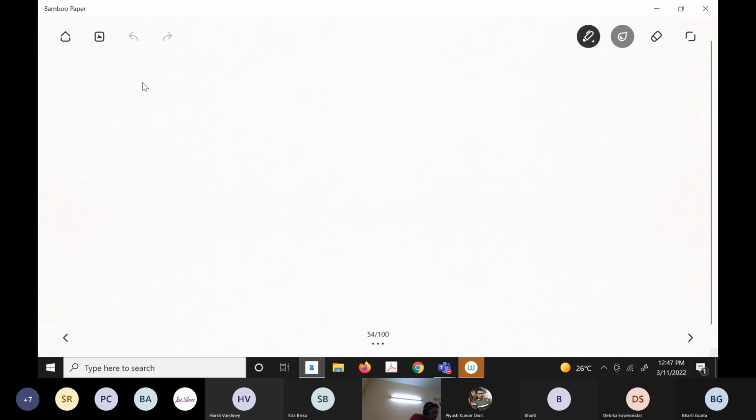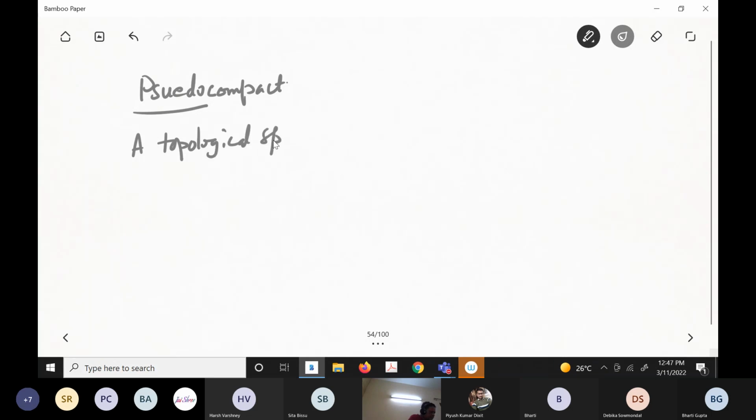There is a concept called pseudocompact. What is that? You should know the meaning of pseudo: it is in disguise. Pseudocompact. Usually we take a Tychonoff space because of the non-trivial continuous functions. But in general, I can define it for a topological space (X, tau). Usually the authors take it to be a Tychonoff space because continuous functions are coming. It's called pseudocompact